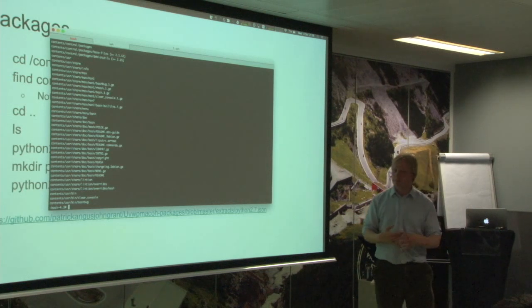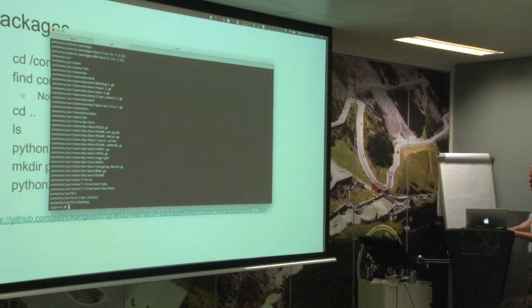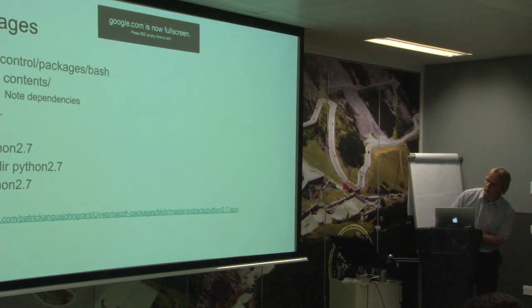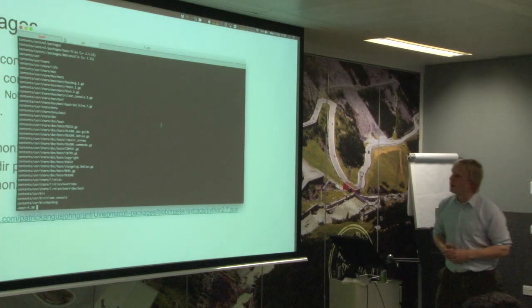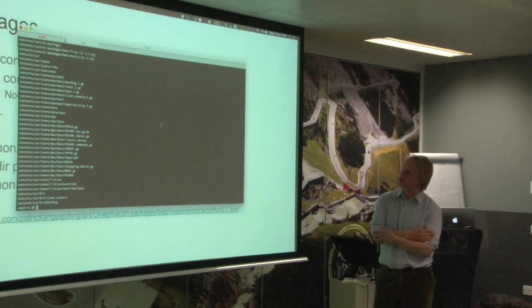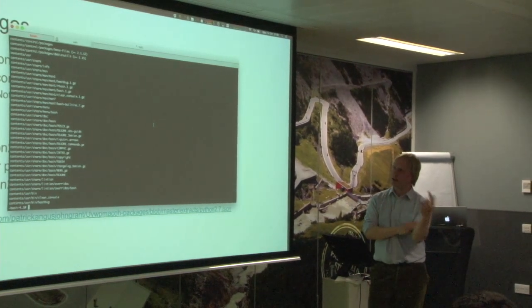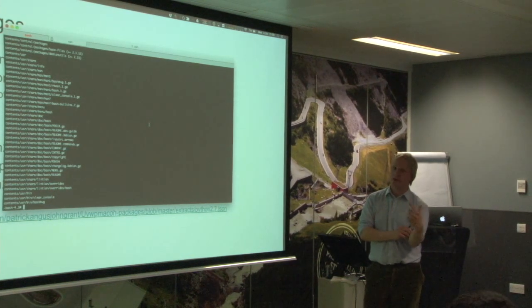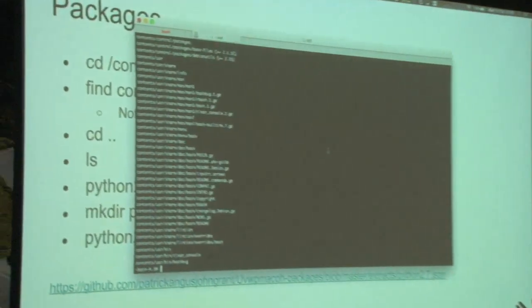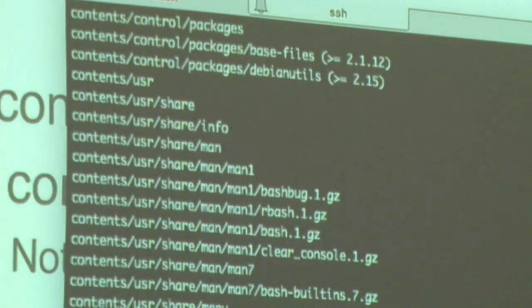And this is obviously in the slash as well. It's just convenient, really. Oh yeah, loads of dependencies. So in this also, if you look at the top, it has control packages, base files, and Debian utils. So when you install it, it'll create that directory, control packages, base files, and then that'll trigger it downloading and installing that package. And you can imagine that works recursively.